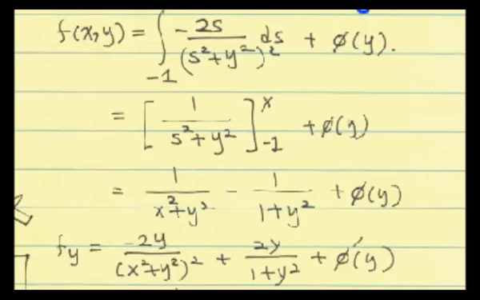So I was a bit interrupted. I'm back. So I'm setting this phi y to be exactly this function of y, so that this part will be 0. So then f of x y is going to be 1 over x squared plus y squared. It happened that this function is defined everywhere. As you can see, this function is defined everywhere except 0, 0, which is our original region. Then formally, if you differentiate in x and y, that exactly agrees with the x and y components of the vector field originally there.